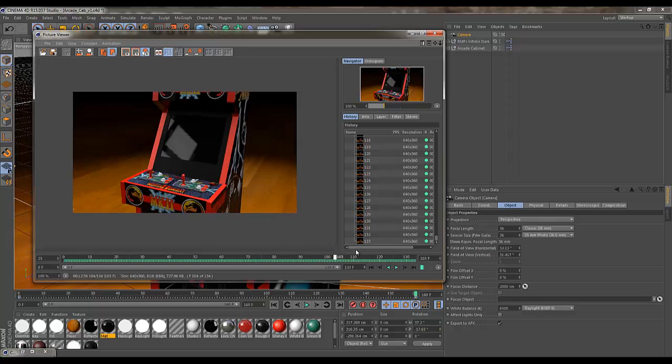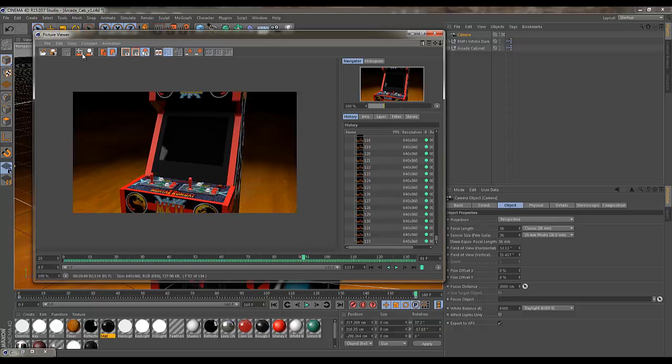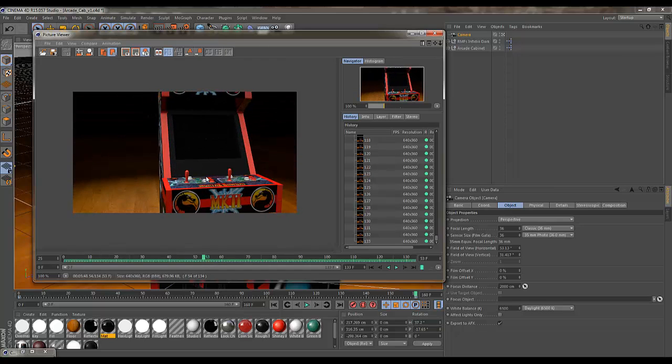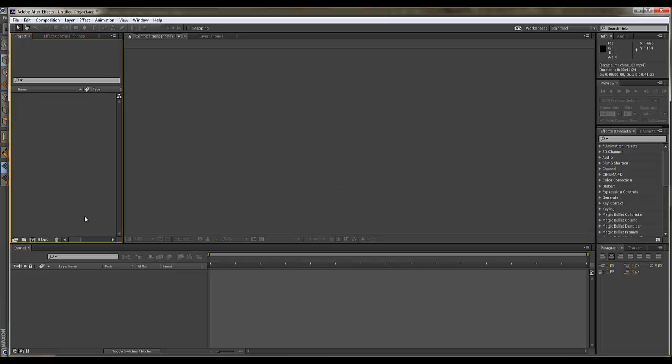Now, depending on what sort of look you're after, a very common one is to have a kind of line. So it's maybe a good idea to set up just a big shape, like a big plane stretched out as a long line, with a plain white luminance material on it, and that will give you that kind of striping effect as the camera pans by. But anyway, now that we have that, we've saved our file, so we'll hop into After Effects